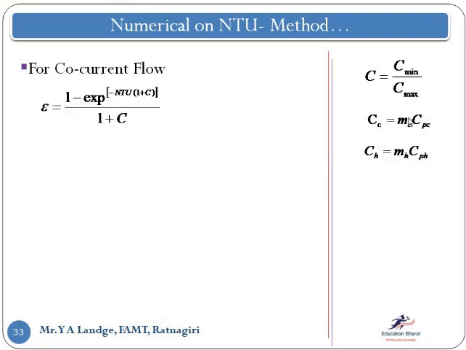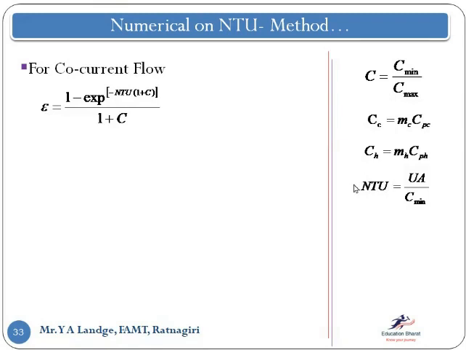So we have these terms, which are given. So I can easily find C suffix C and C suffix H, the heat capacity rates for the hot fluid and cold fluid. Next, in this formula, the NTU value is mentioned. So let's define NTU as UA by C minimum. I get the C minimum from these two equations, either this one or this one, depending on the product that we have. The U value is given as 1000, and the surface area is given. So just by putting in the C minimum, I can get the value of NTU.